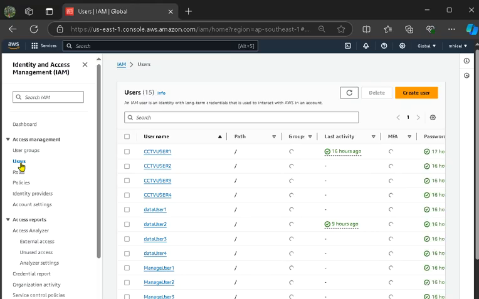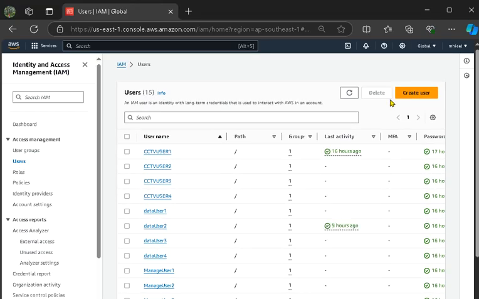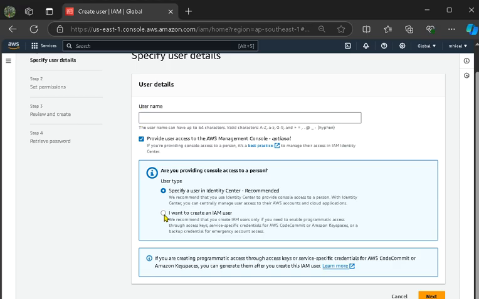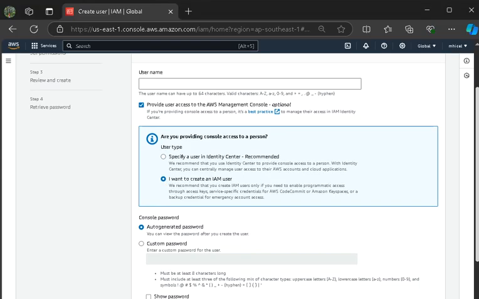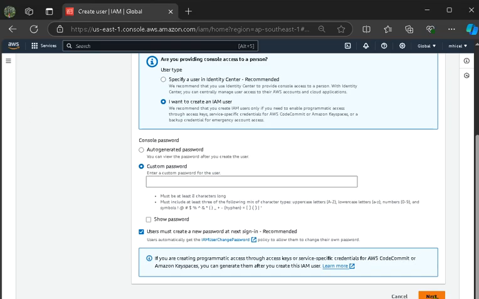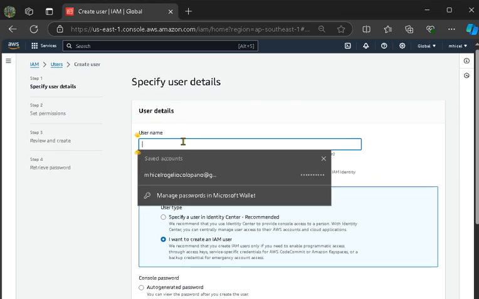And then on creating a user, you just create a user here and walk through it. I want to create an IAM user, and you can customize the password here. Let me walk through how to create it.